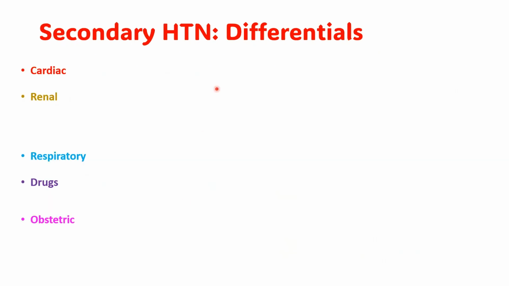All right, so let's talk about secondary hypertension, where there's an underlying cause. Let's talk about some of the differentials based on the different systems. So cardiac in particular, we have aortic coarctation. It's where we have hypertension in the upper limbs. And this is because you have,